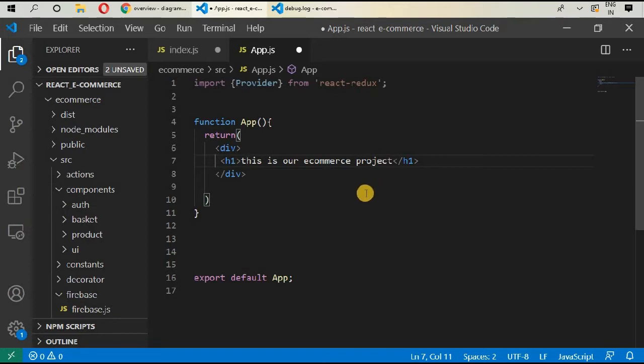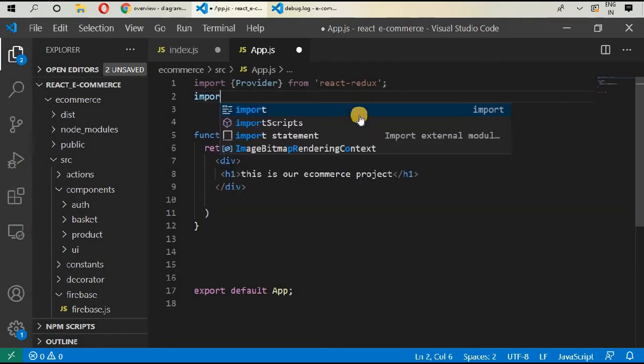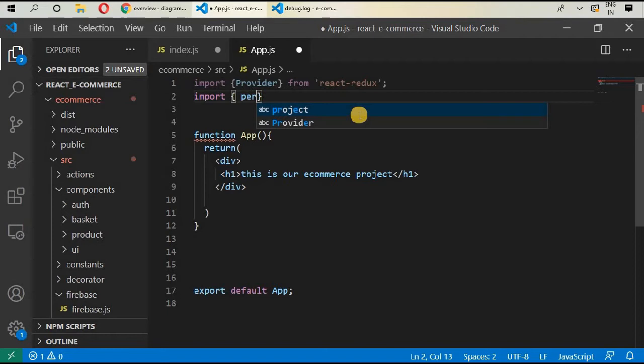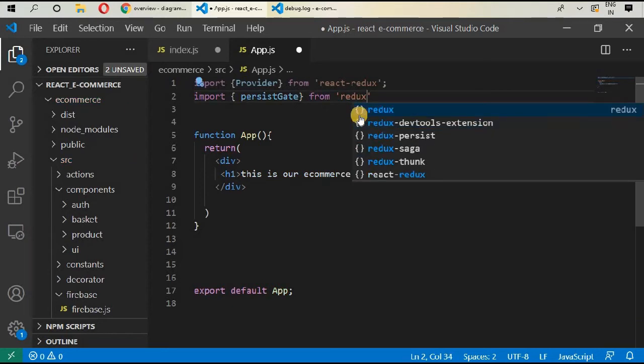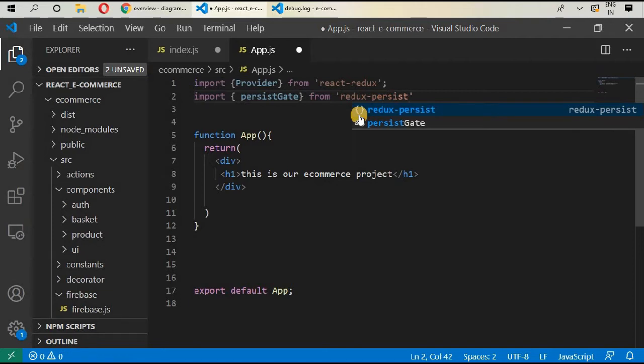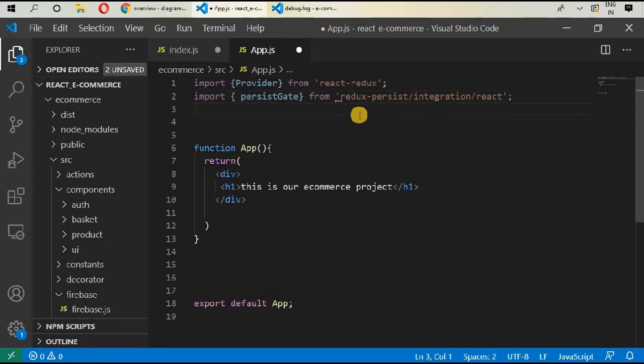So we are using React and Redux. We should connect every component together. So Provider is there to connect every component together. Okay, and then import PersistGate from Redux Persist integration React. Okay, so we need to add the persist gate in order to work with persister, and then import